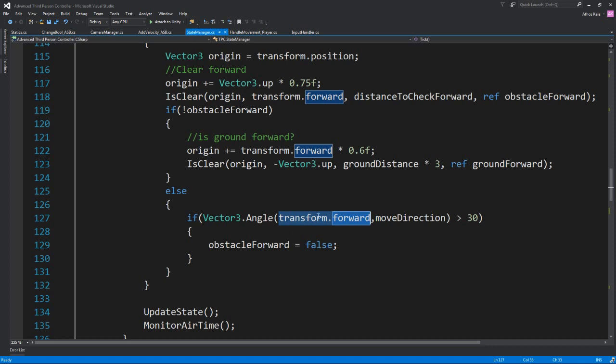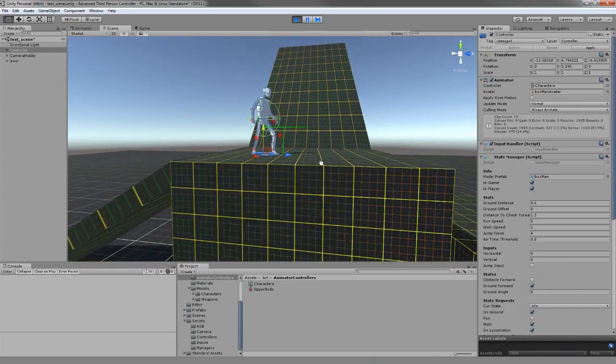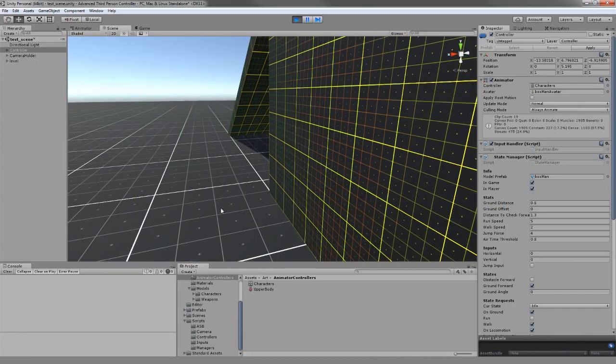So we're going to check the angle between our own transfer forward and our moving direction. So if we hit a wall, so if we are here, okay, our forward is this, so it finds a wall over here, so it has an obstacle over here, but